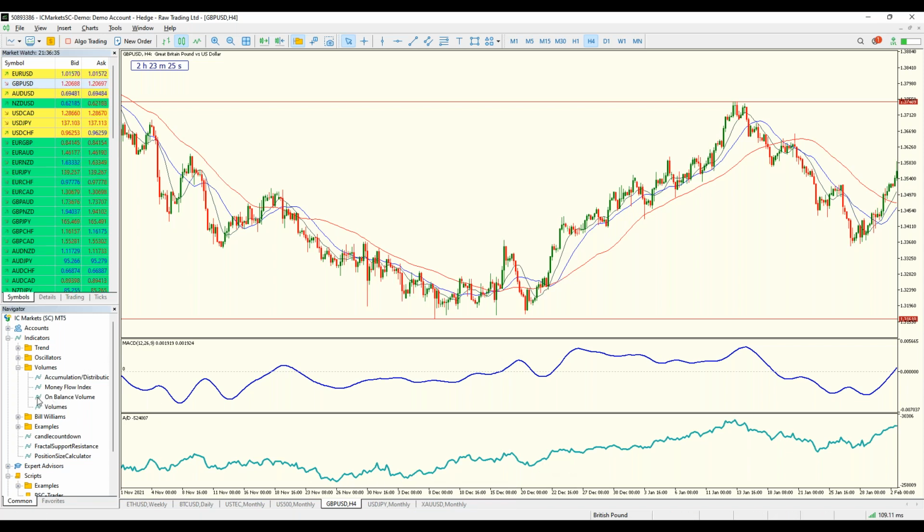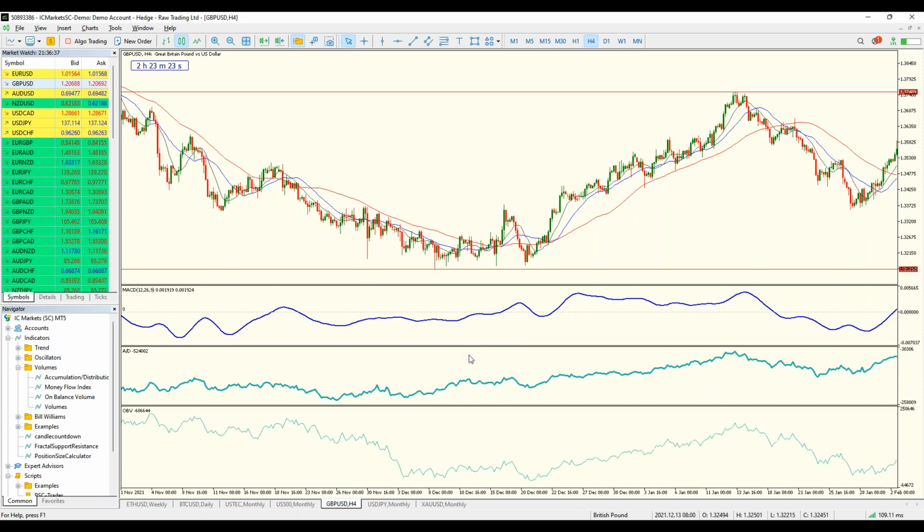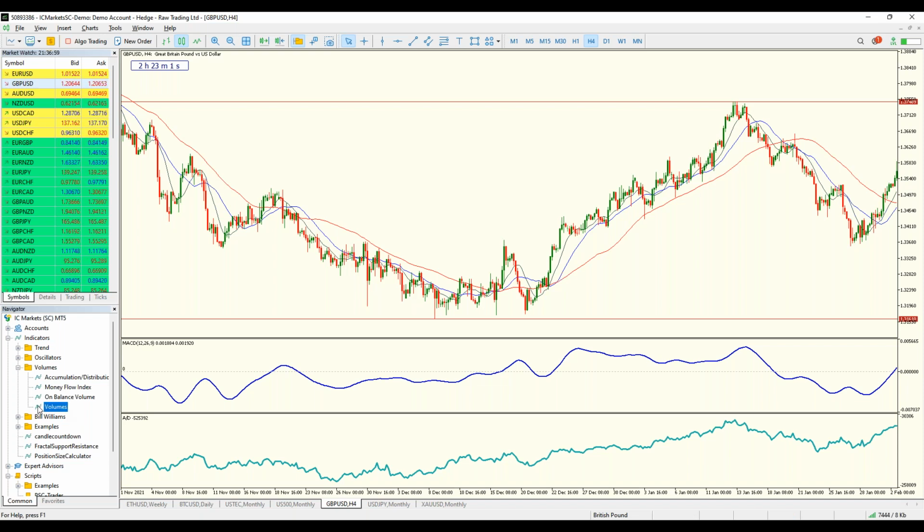And then we've got on-balance volume, so let's bring that in so we can have a look at that. And again, that's the same as the other one. It has a lower low, even though the market was turning around. It's actually similar to the money flow index. It will give you divergence the opposite way, but you can use it very well for that. Sometimes it has a couple of areas which will show some slight differences. But what we are ultimately looking for, and the whole reason we are here tonight, is